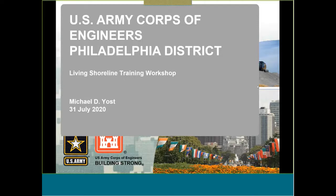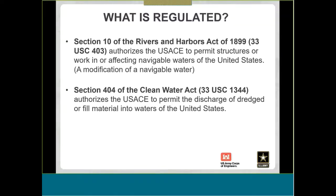So let's just jump right into what is regulated. I should say this is intended to be kind of a general idea of the things that we need to review a project, and we're not going to go into crazy detail as to some of the language related to the nationwide permits, but